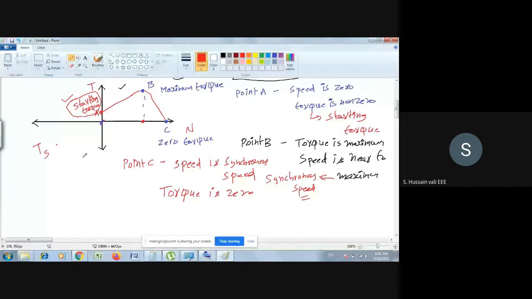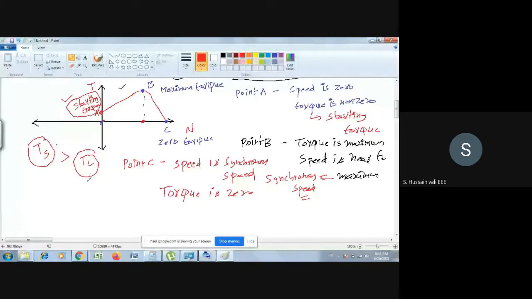What is the load torque here? What is the load here? The clothes are the load here. So if more clothes are there, then TL will be more. When less clothes are there, TL will be less. What we have to take precaution of here is that the starting torque of the induction motor should be greater than TL.